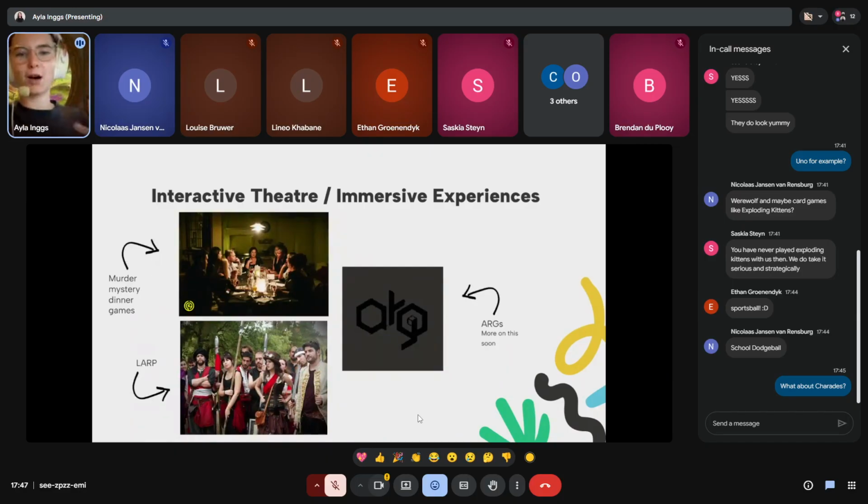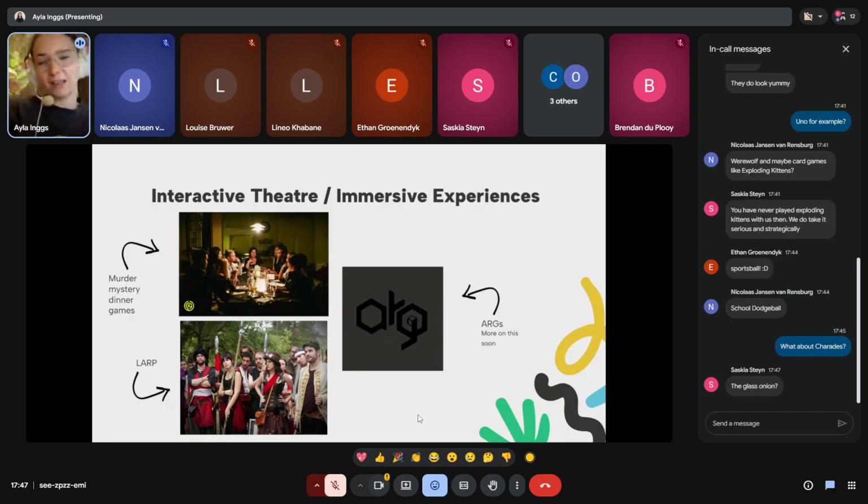Examples here are our murder mystery dinner games. What typically happens here is someone will host, you get assigned a character, someone dies or multiple people die over the events of the evening, and then you have to try and discover who the killer was. Glass Onion, yes, it's very similar, but this is just a game. It's not real.